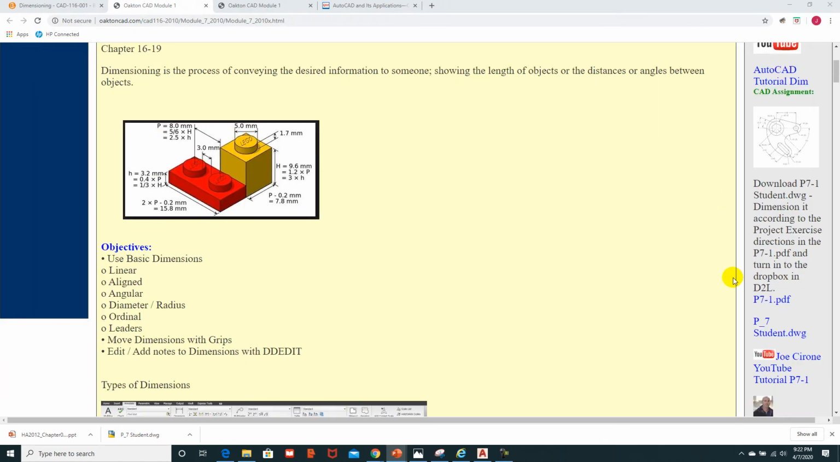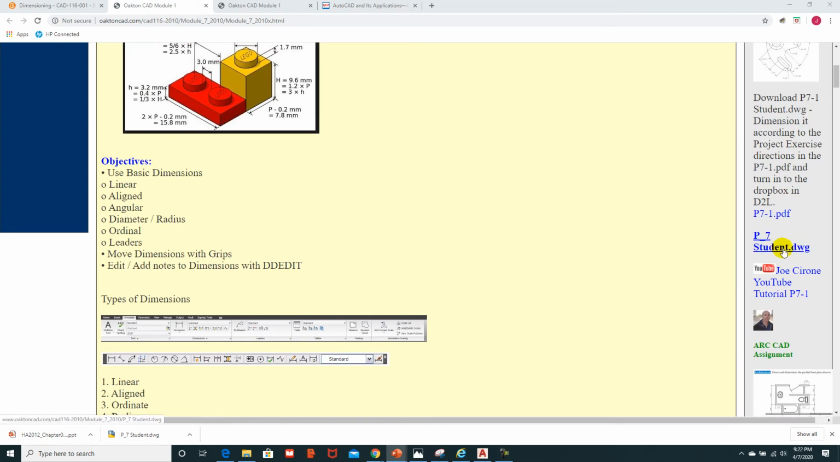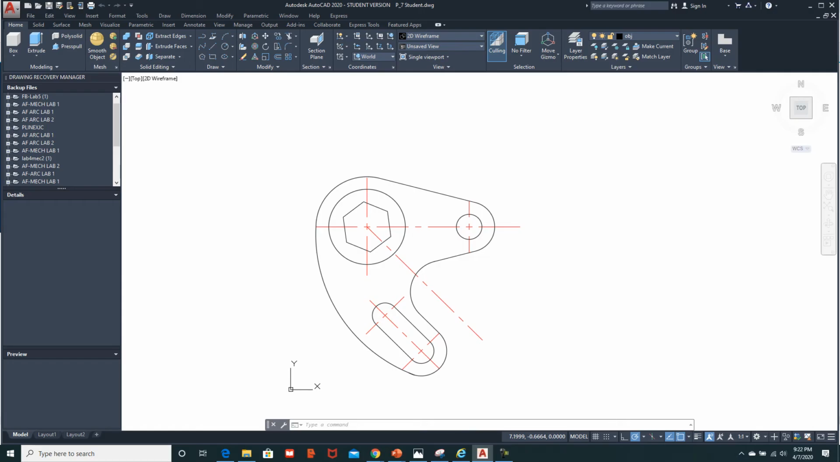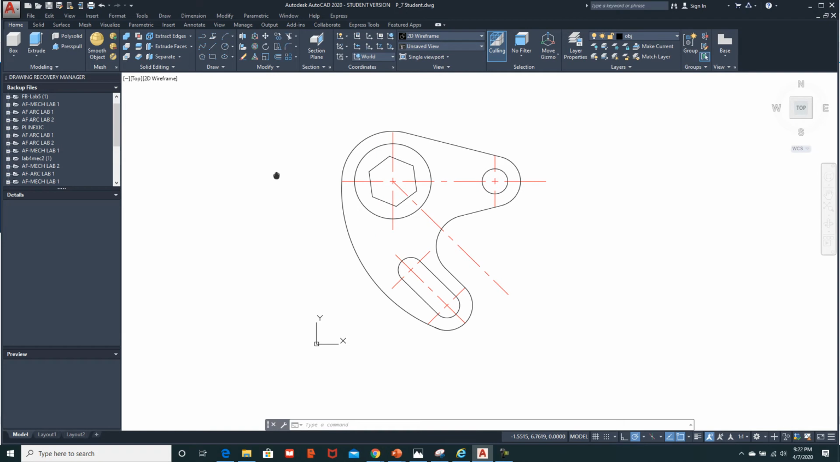If we go to the AutoCAD website and we click on this Student P7 student drawing, you can download that and then you can open it in your AutoCAD and you'll have a part that basically looks like this. And we'll kind of tie that in as we go through and look at these dimensioning exercises. If we come back here to our